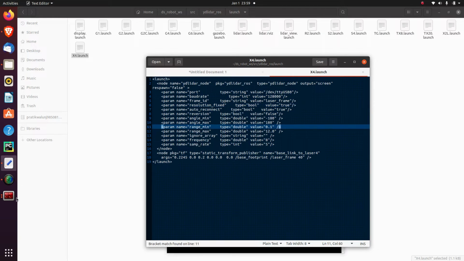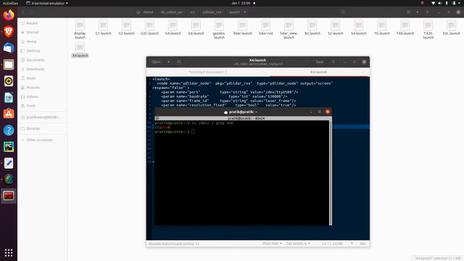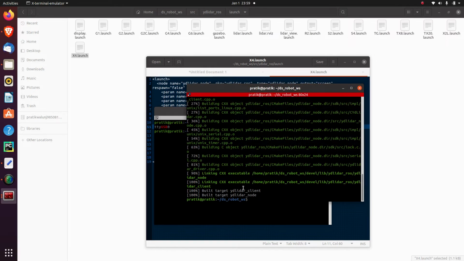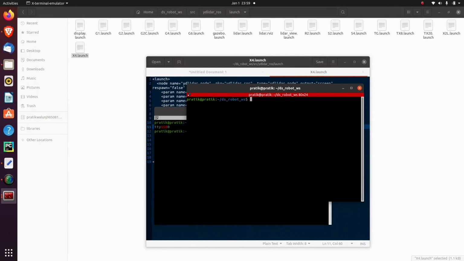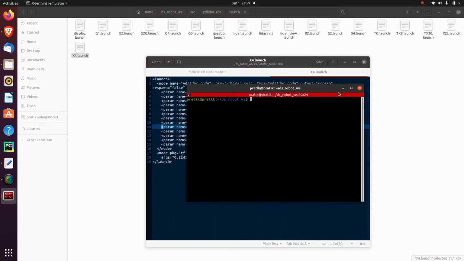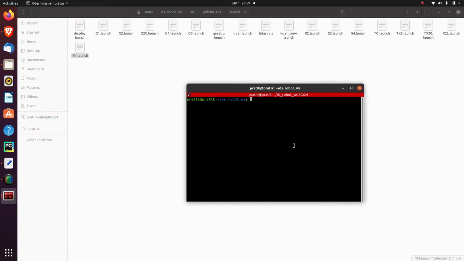After saving, I'm going to open my terminal again, clear this, and then launch my launch file: roslaunch ydlidar_ros x4.launch.